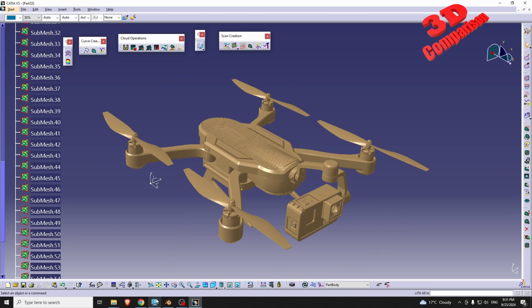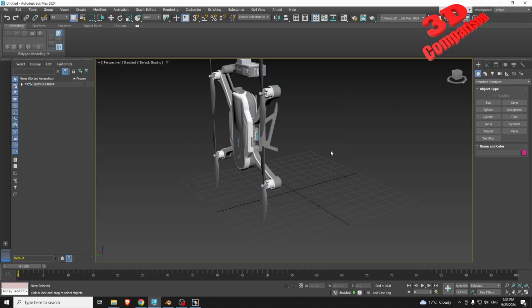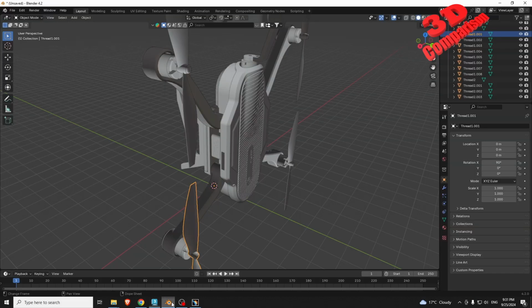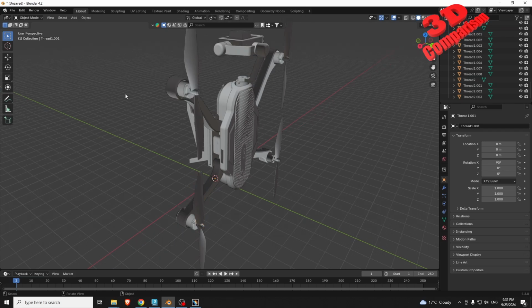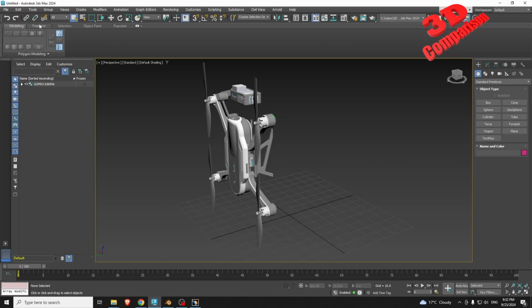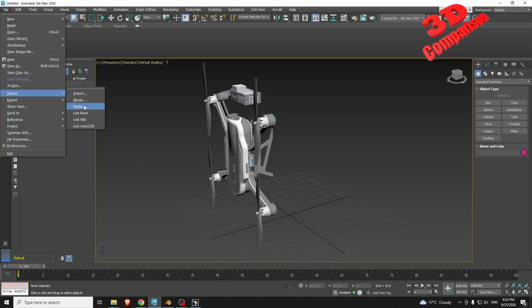In this case, I use 3ds Max to do that conversion. So this requires a paid license, but there are other workflows that will not require paid solutions like this. For example, within Blender, there is an add-on that will allow you to import STEP files directly. We cannot import CATIA files directly over here, and this is why I prefer to use 3ds Max,